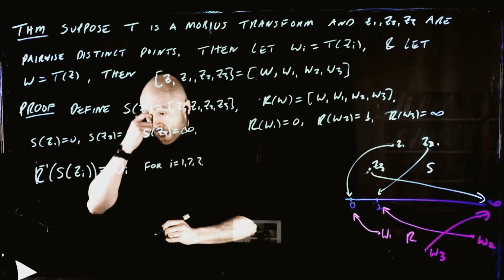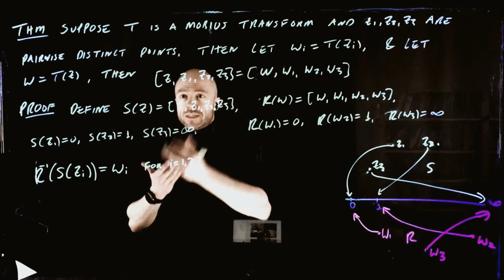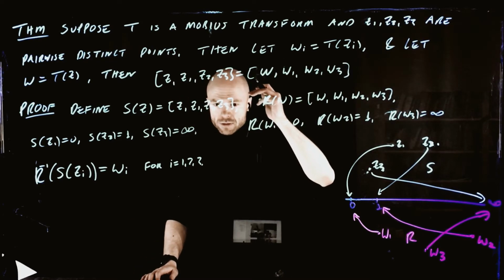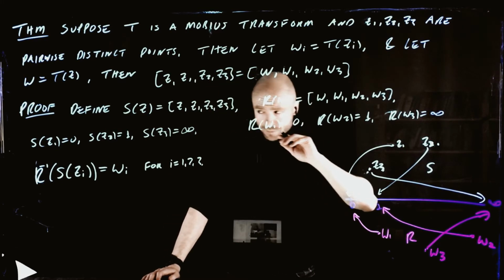Cool. And that's the same stuff that our mapping T is, right? Because that's how T is defined, sending Zi to Wi. Cool. All right, so